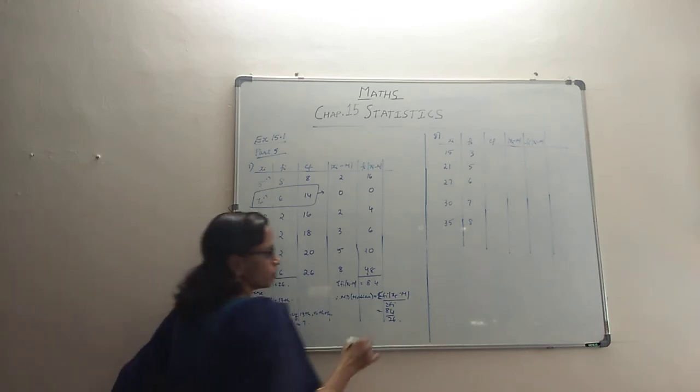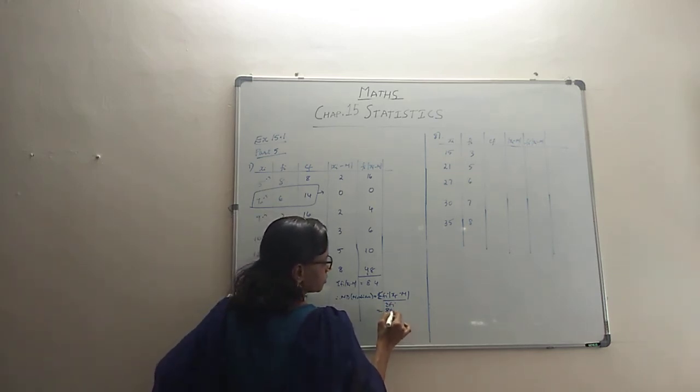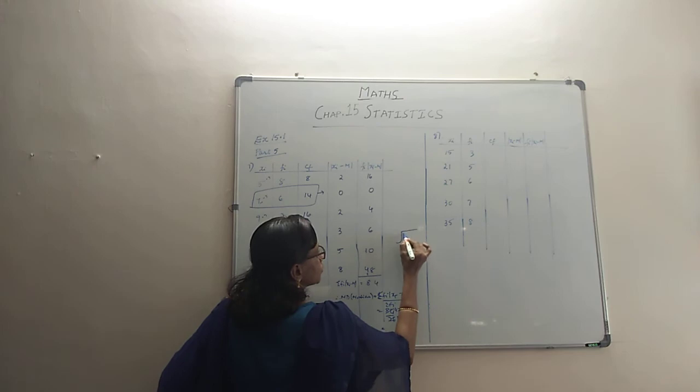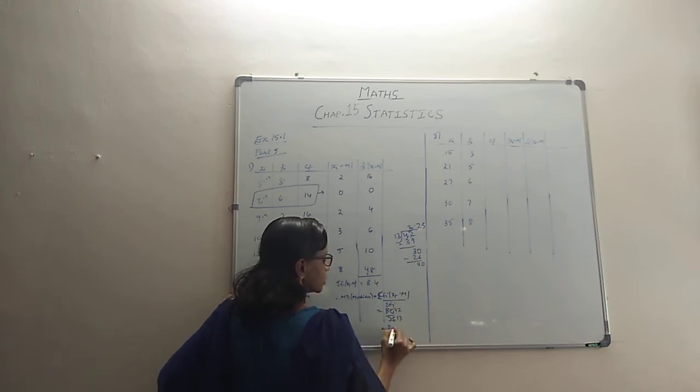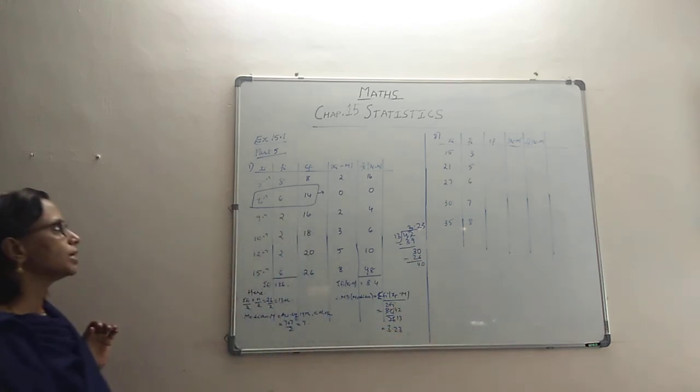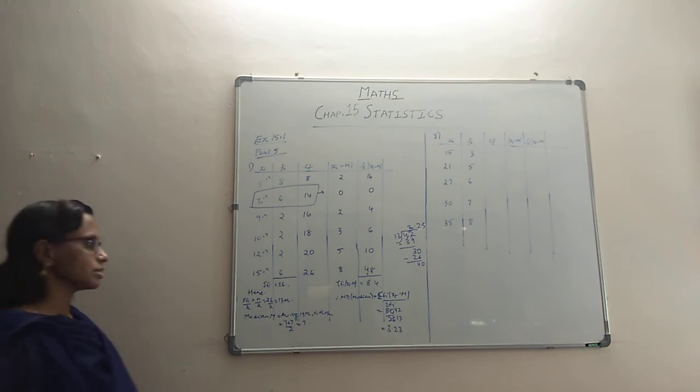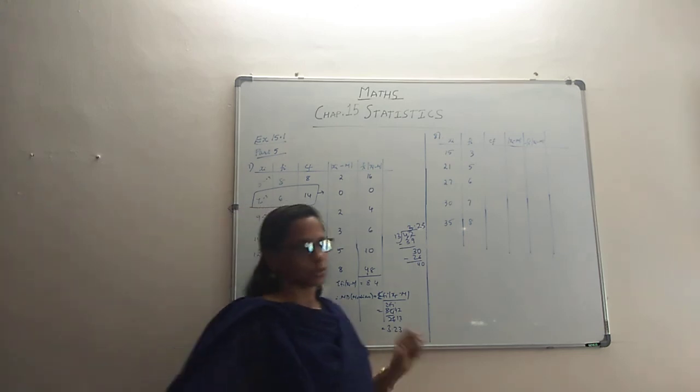Either we divide and find out, or maybe we can reduce. 2 times 42 and 2 times 13, if you want. Then we can get the answer. 42 divided by 13. 13 2s are 26. 13 3s are 39. How much is left? 3. Decimal, 30 cannot happen 2 times. 26, 4 will remain, 40. So 3 3s are 39. We only work till 2 decimal places. 3.23. That is our answer. The mean deviation from the median is 3.23.